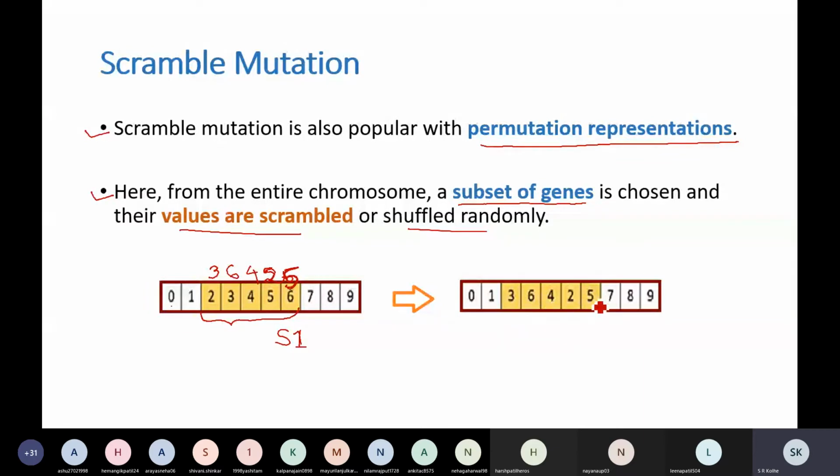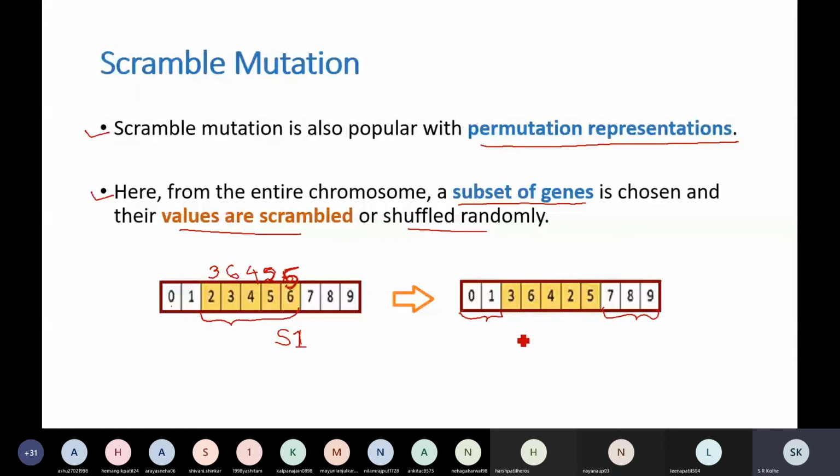3, 6, 4, 2, 5. Remaining as it is, 0, 1 as it is, and 7, 8, 9 as it is. And this scrambling you have done randomly. So it is not necessary that after every iteration you will get the same result. It may be a little bit different from this also.